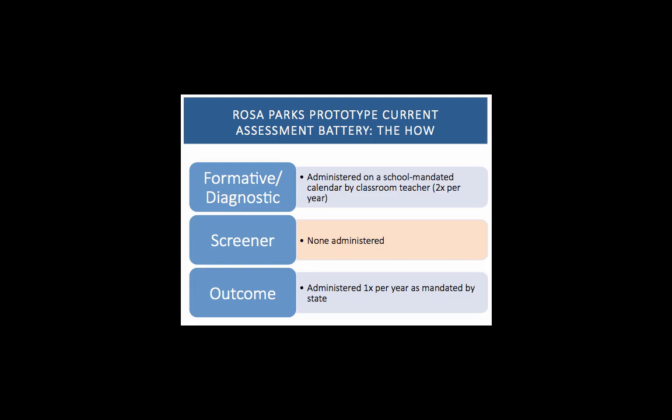No screening measures were administered, meaning that the Rosa Parks lacked a lot of necessary information about how students were performing in code-based and meaning-based skills when compared to students nationally. Often, they were very surprised with how students performed on outcome assessments by the state. Because there had been no previous assessment of students using a screener, the performance on outcome assessments was often quite shocking because it was the first time that learners within the school were compared to students elsewhere.